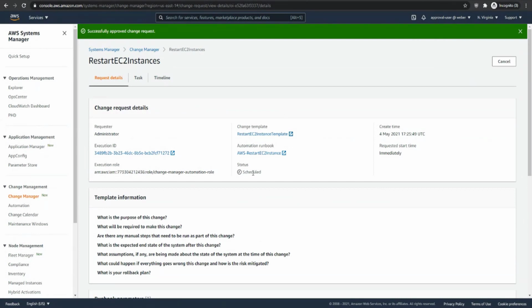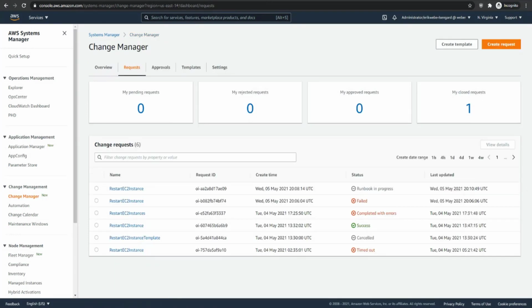We're going to see that the status is now scheduled, because the value that we specified earlier was to start it immediately upon approvals being met. So this will start shortly. And while we're waiting for that to start, we're going to flip back into our management console using our other account. All right, so now we're back in the Change Manager console with our original user,